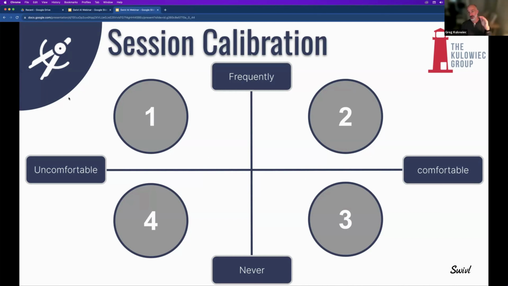If you're quadrant 2, you're a frequent user, wildly comfortable, and I can hand the webinar over to you and you can take it from here. If you're quadrant 3, you're comfortable using the tools, but you don't use them very often. And if you're quadrant 4, you're not really a heavy user, kind of uncomfortable. Any of these are reasonable. A session I did earlier this afternoon was heavy on the 3-4, and wherever you are is completely reasonable. So drop in your number. I like to get a sense of where the group is.